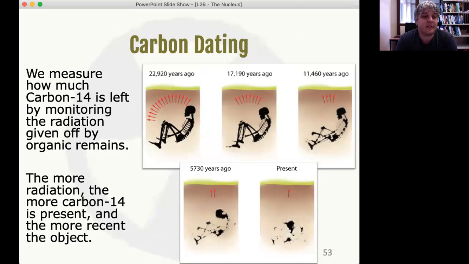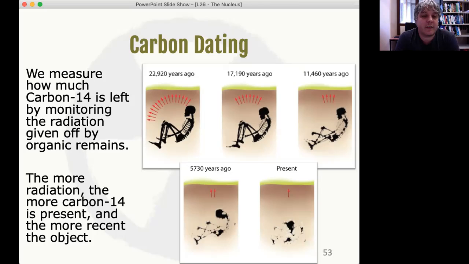So carbon dating is just monitoring the radiation that comes off an organic material that is now dead, and comparing it to how much carbon-14 radiation you would expect to come off it if it were alive. That difference tells you how long it's been, how much has decayed, and therefore how many half-lives it has gone through. So this little diagram, which I presume I stole out of a textbook, although I can't honestly recall,